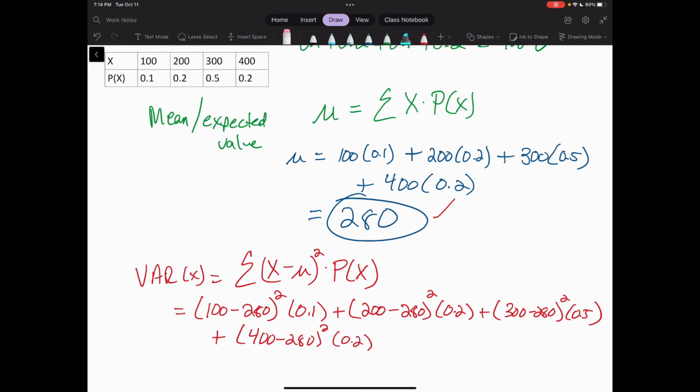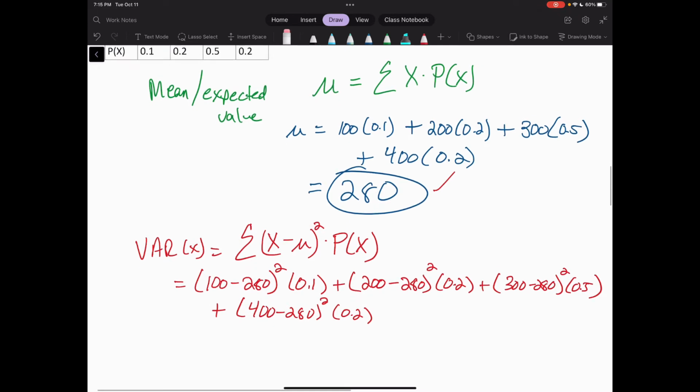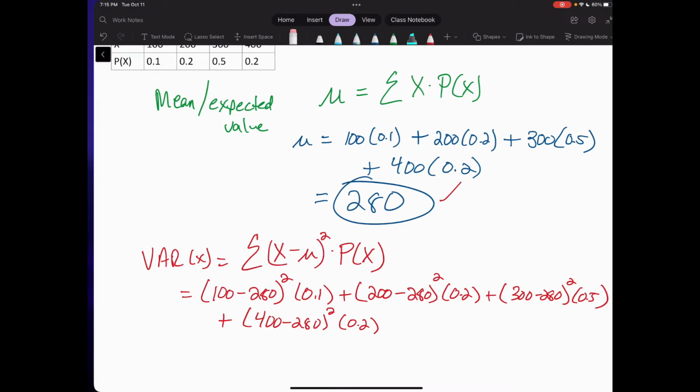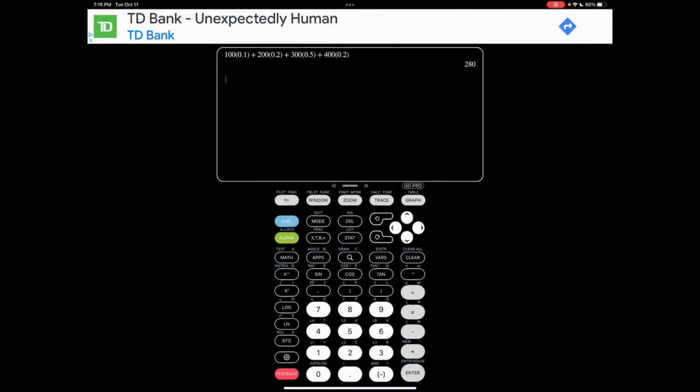Okay. So hopefully you can see how we were able to fill in that formula. Now let us go in and calculate this. All right. So we're going to take 100 minus 280, that quantity is squared, times the probability of 100, which we said was 0.1,